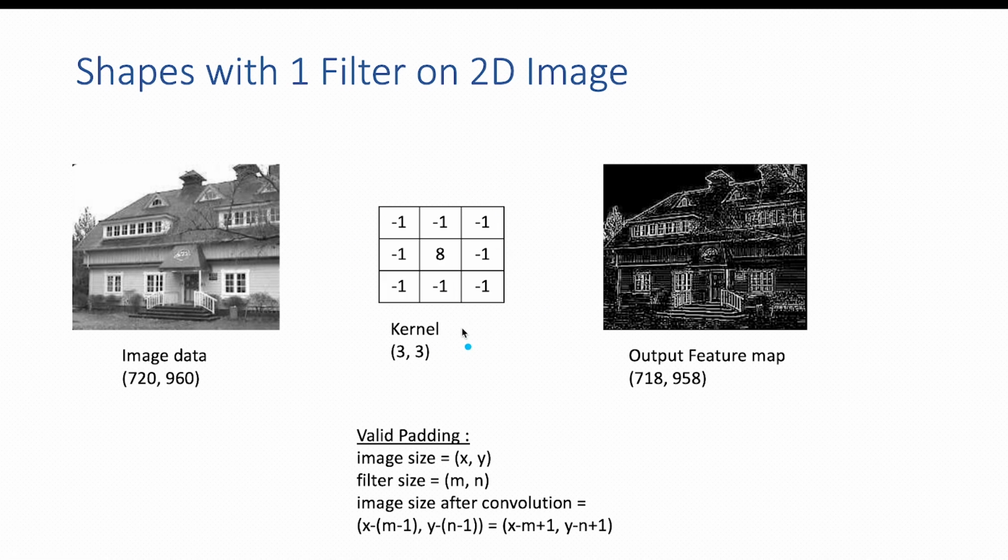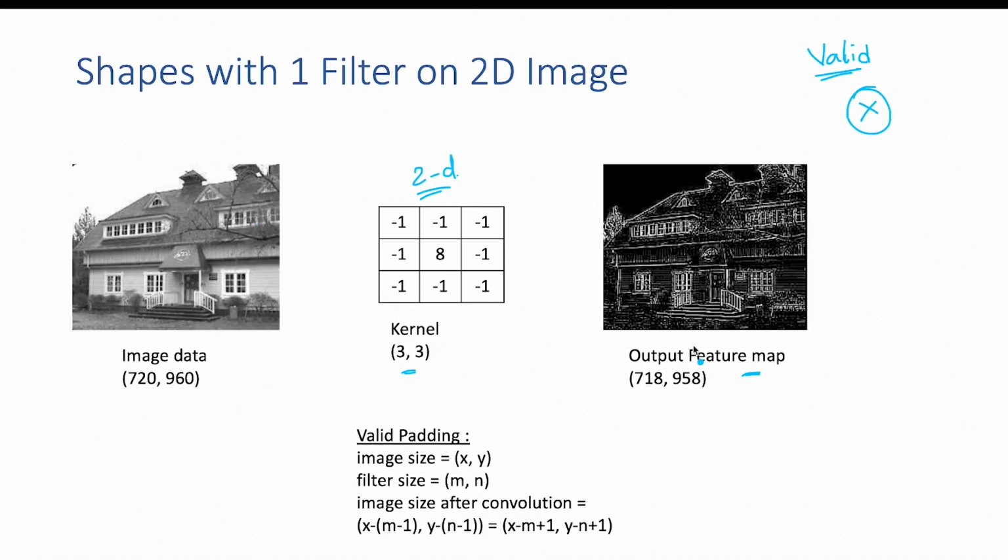Now in this particular slide, we clearly know that the kernel we have considered here is a two-dimensional kernel, which takes the shape of 3 by 3, and the image data was 720 by 960. This 3 by 3 kernel is applied on different local regions within this image so as to extract the feature map that you are observing. The shape of this feature map is determined by what type of padding strategy we have employed. If we are going by the valid padding strategy, where we are not applying any padding at all, that is, we're not appending the image data with any columns or rows,